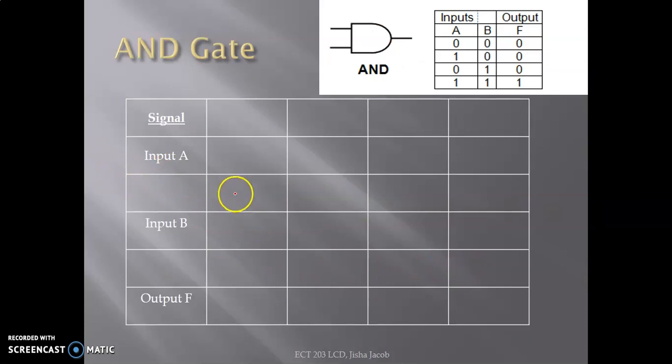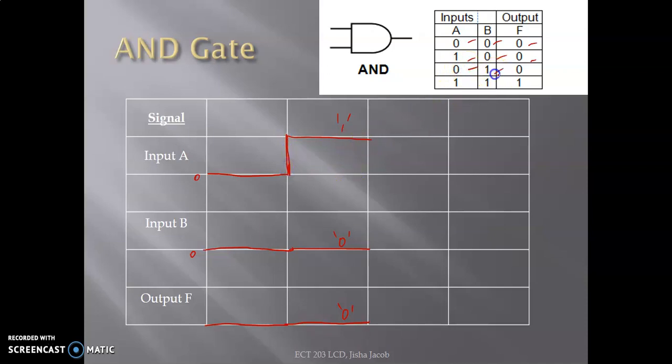When you come to AND gate, there are 4 possibilities. That is, input can be equal to 0, 0. That is, this is 0 and this is 0. At that time, what is the output? When the input is 0, 0, output is 0 itself. So you draw a 0. When the input is 1, 0, that is, A becomes equal to 1 and B becomes equal to 0, output is 0 itself, correct? So you have a 1 here and a 0 here and the output is 0. From 0, it has become a 1, that is why I am connecting it.